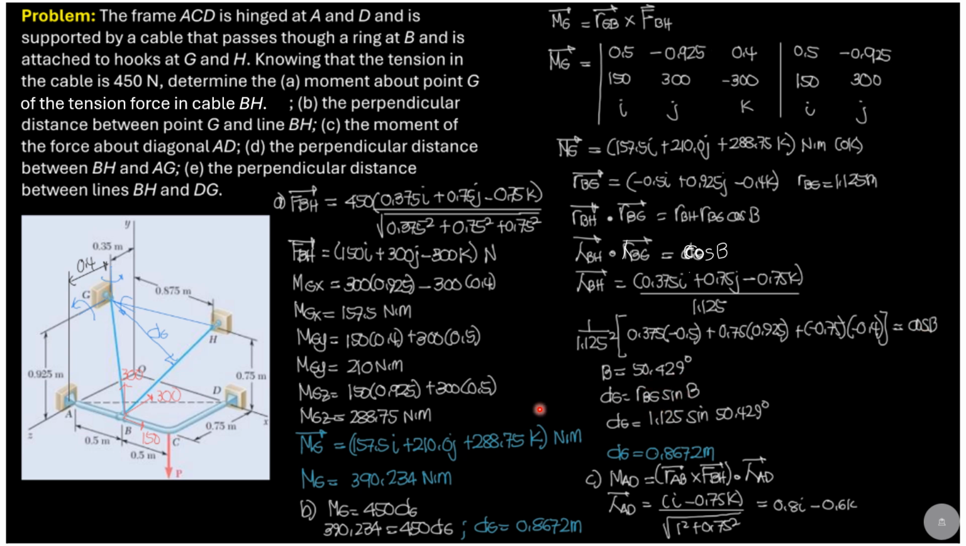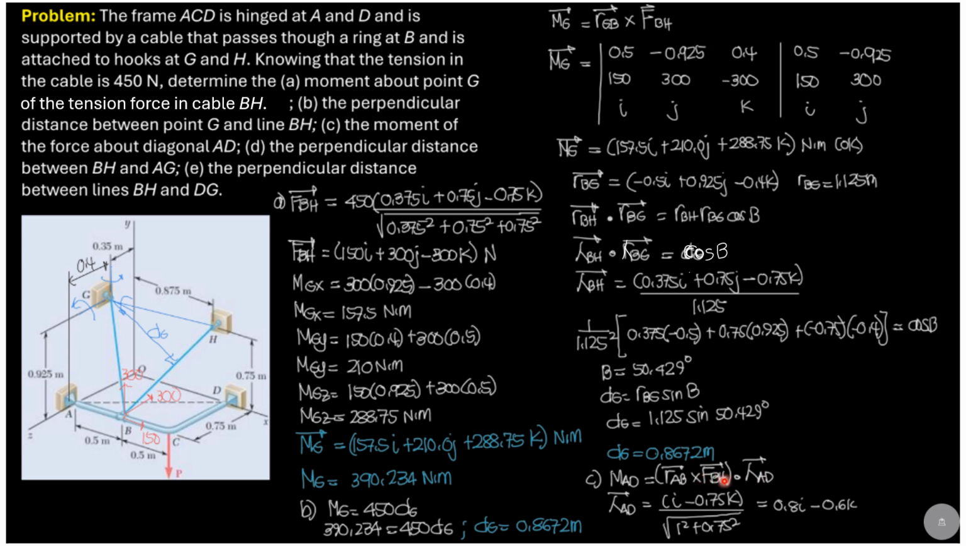So considering this right triangle, the perpendicular distance to G is equal to RBG 1.125 times sine of B. And B is already found. So it is 0.8672 meters, just like that. Then, for letter C, the moment of the force about diagonal AD,